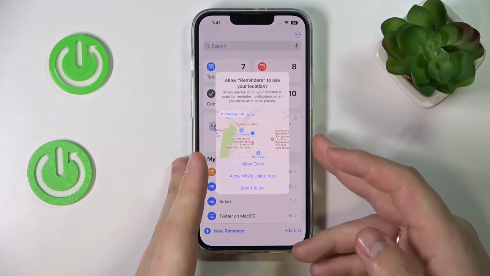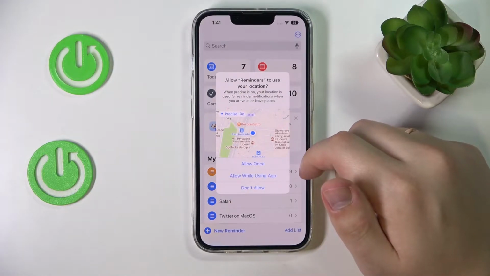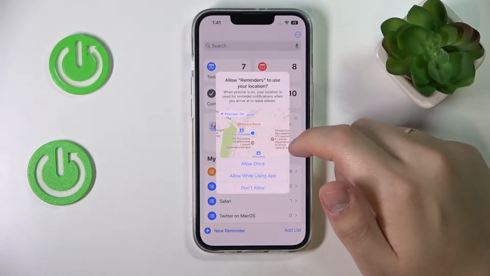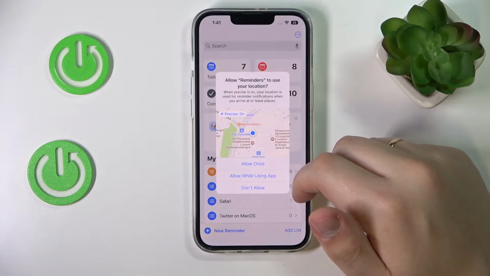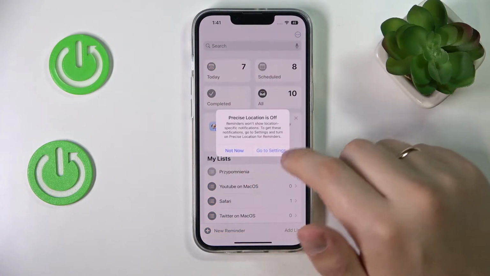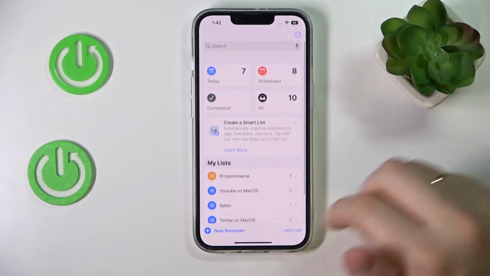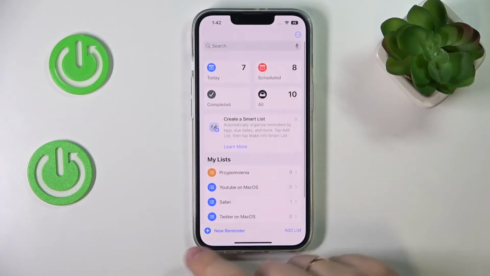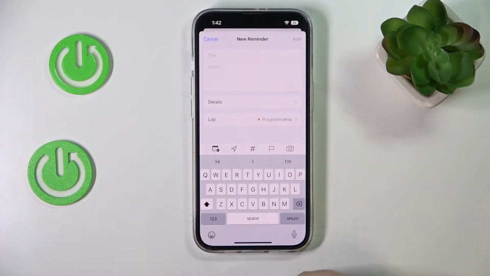Once your Reminders app is launched, choose the location access that you are ready to grant to it. So either no location permissions whatsoever, allow once, or allow while using the app. I'll go with don't allow, which is not needed currently. At the bottom left corner, you have this little new reminder option which you want to click on. Then